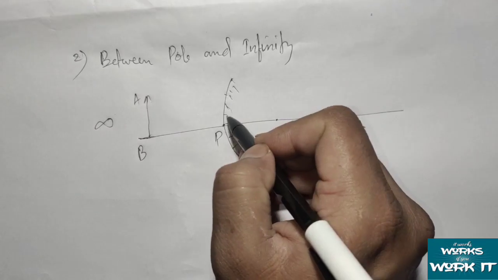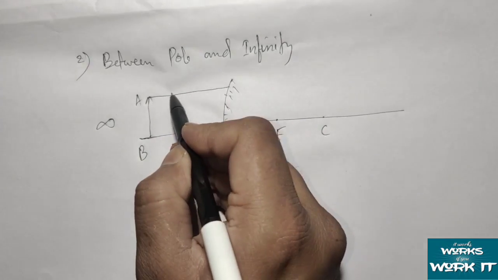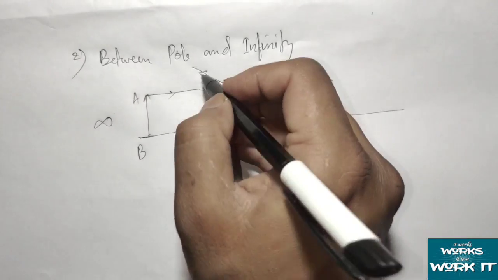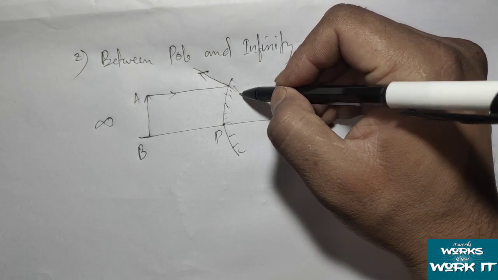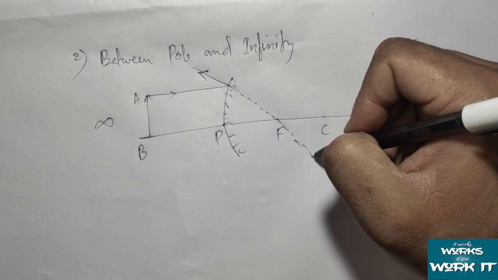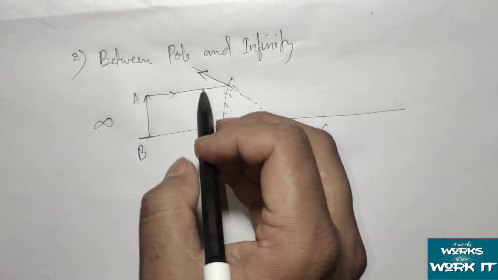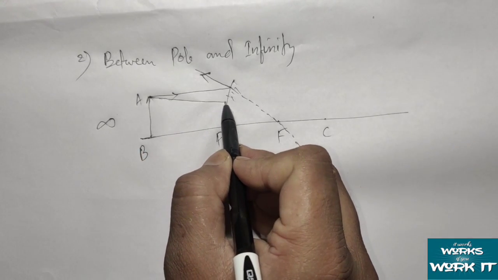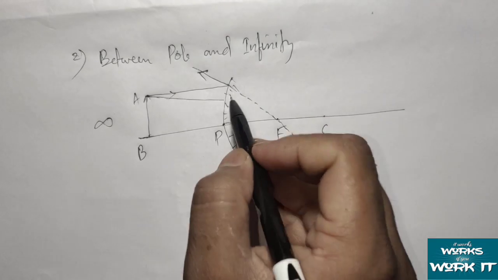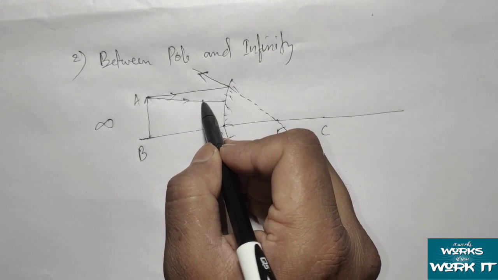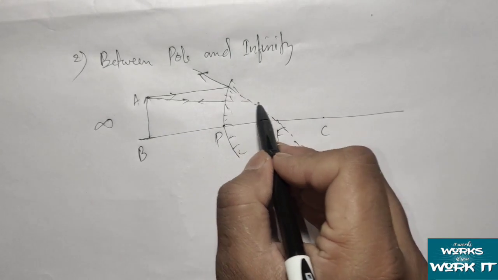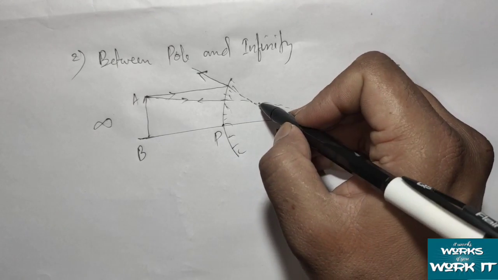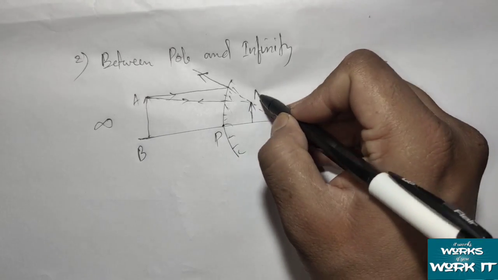Okay, so the first ray of light will go parallel to the principal axis. Okay, and then after it will diverge back, but it appears to move from the principal focus. Okay, now next, if I draw the next ray of light, it will go towards the center of curvature. Okay, this is the center of curvature, and it will move back after reflection through the center of curvature. So after meeting of the two reflected rays, this is our image. Okay, A dash, B dash.